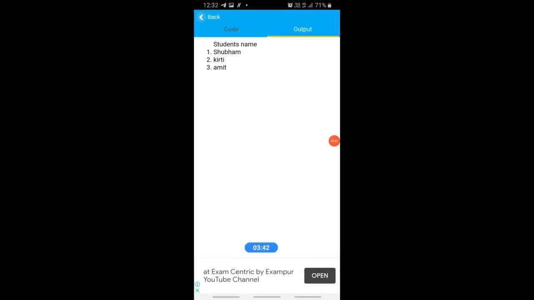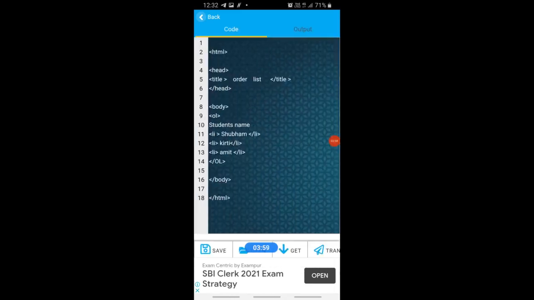This is the output: student name, number 1 Shubham, second Kirti, and third one is Amit. Clear? Now come to the code. That was an ordered list.